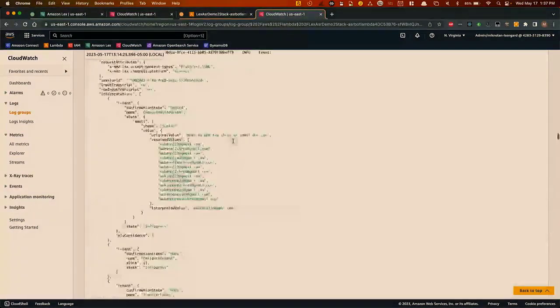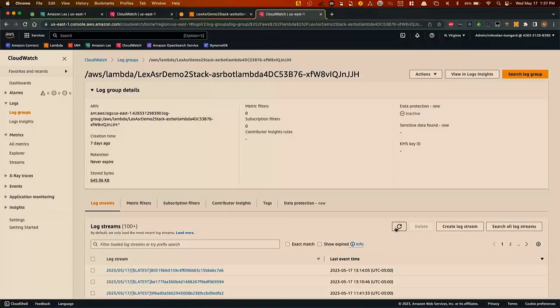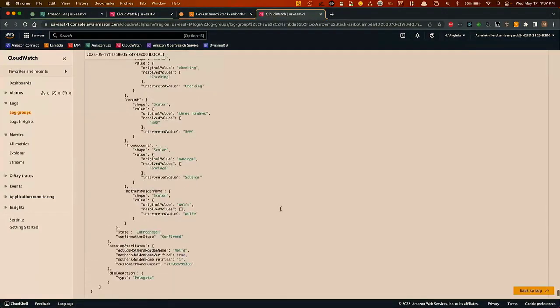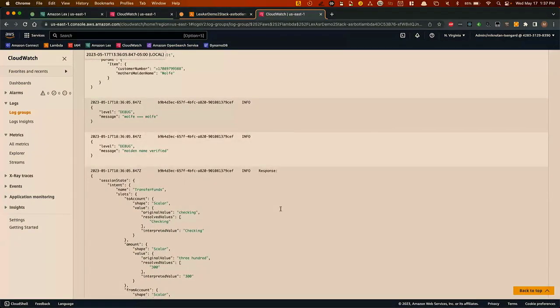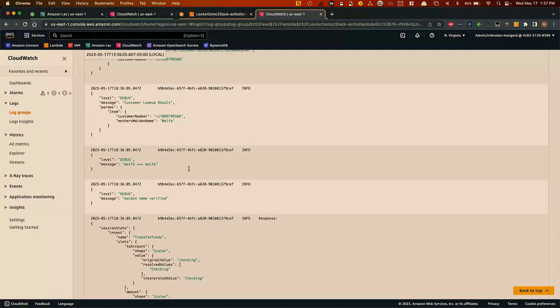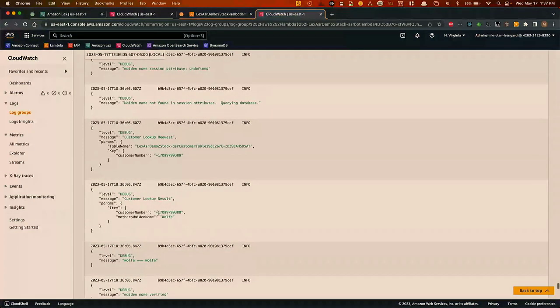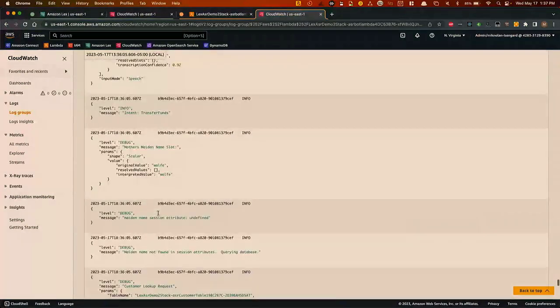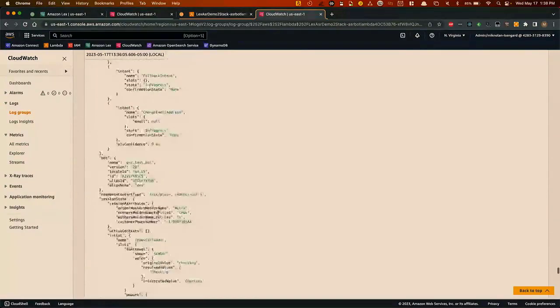But if we look at the Lambda logs, I usually log the responses. So we can take a peek at how our response payload has been manipulated as part of that. So let's see, okay, so this is the actual, we're comparing what Lex heard with what we know from the database. So that is a verified maiden name. If we keep scrolling up, this should be the